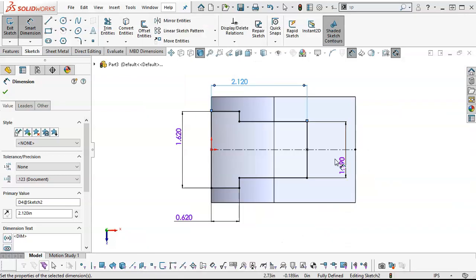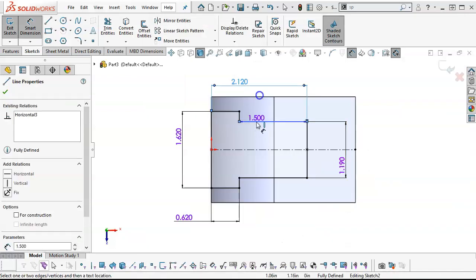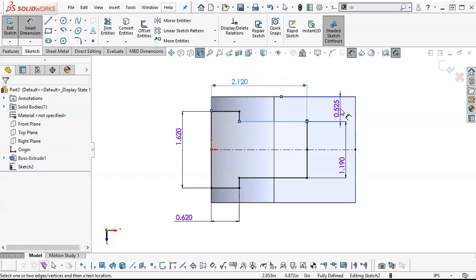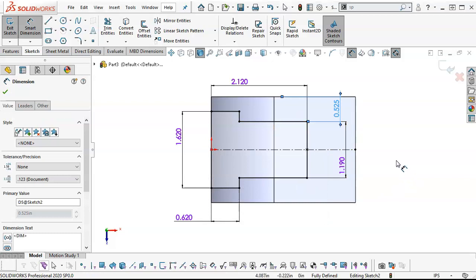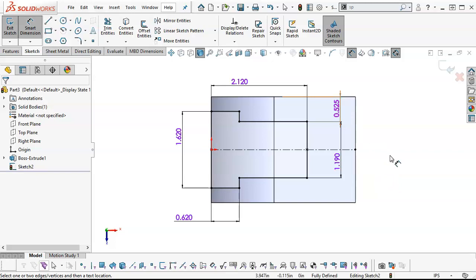Okay. Well, the 0.53 on the side, if I make this dimension driven, if I add that as a driven dimension, we're close, but because again of the rounding errors and the selections that we've made, may or may not be ideal. So on the other hand, if I made this